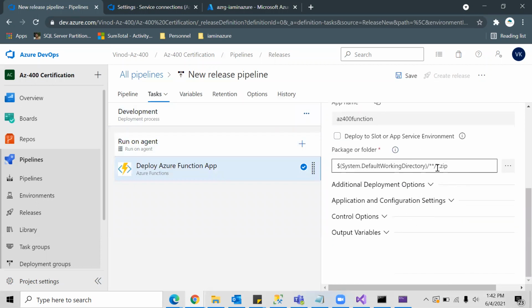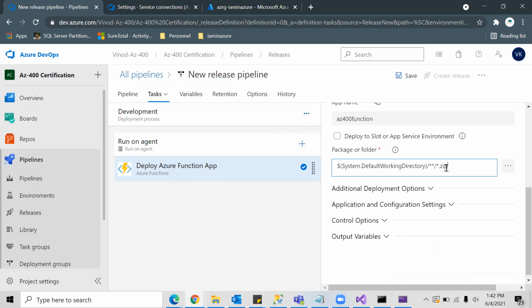And the package that we want to deploy is everything inside our project folder. If you have different projects and you want to deploy one project inside your solution, you can change this folder structure name. Currently my solution holds only one project, which is function app related.